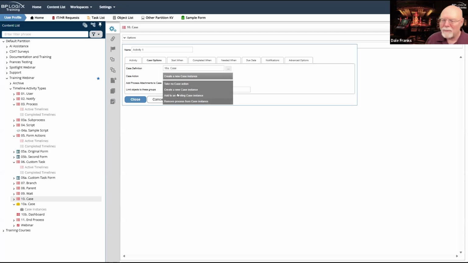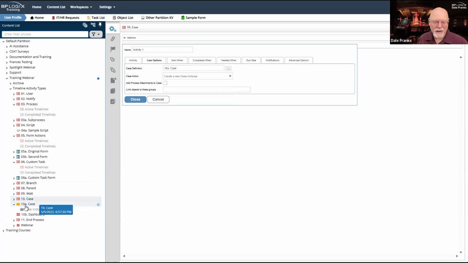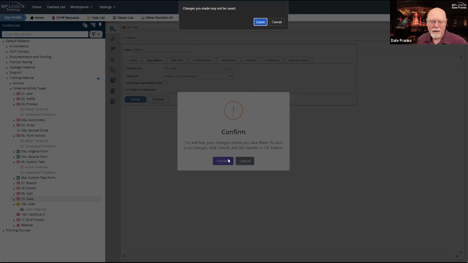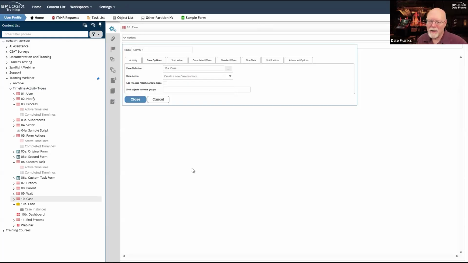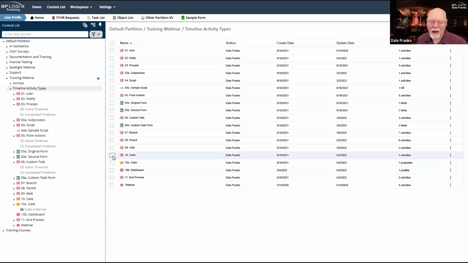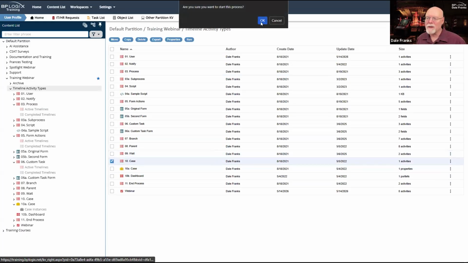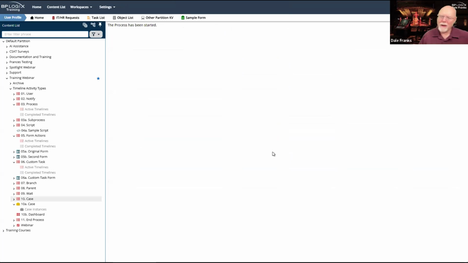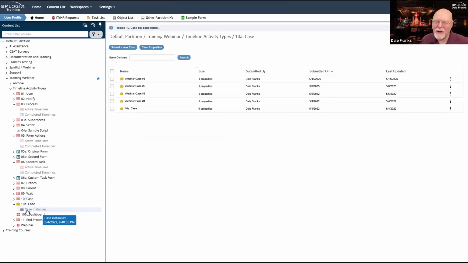Most commonly, you'll create a new case instance, right? So if I was to run this process timeline, let's go back to my folder and we'll just run this process timeline. The process has been started. So let's go down here to 10A, our case definition. And there you go. Webinar case 3 was started on